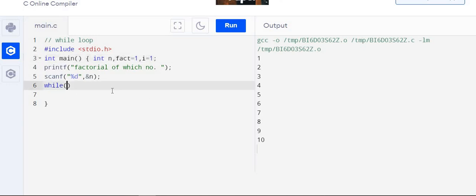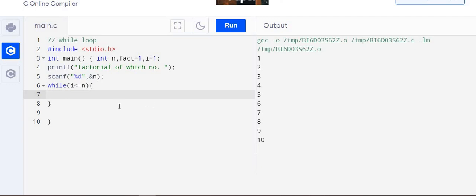So while I is less than or equal to n, this multiplication will go on. So let's give a loop here. In this loop, the factorial variable will go on modifying, that new value of I will multiply until I becomes n. So fact